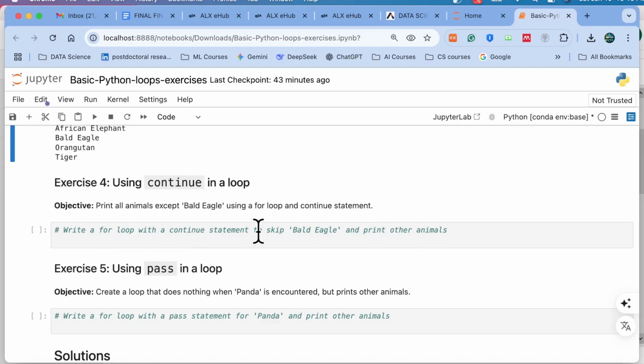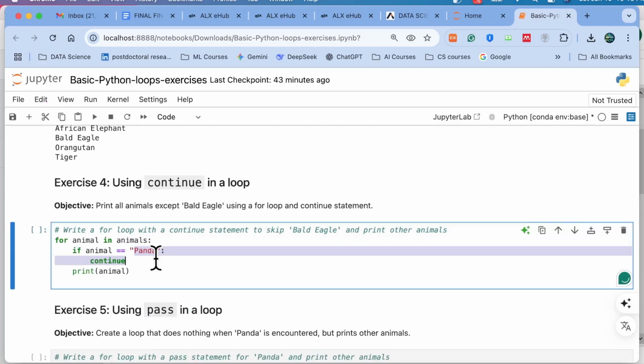Okay, cool. Let's print here. Instead of break, just use continue, okay? And instead of panda,